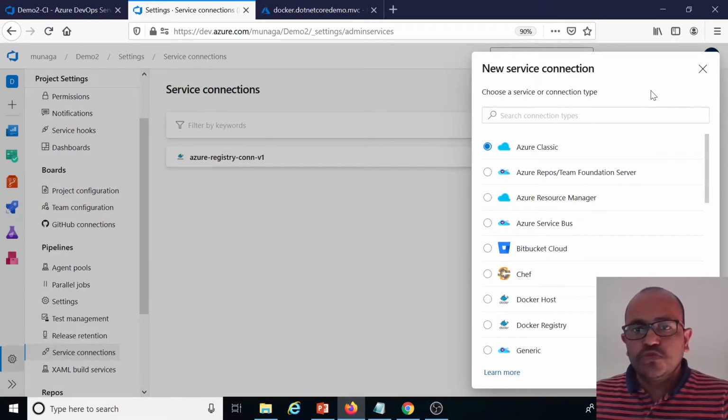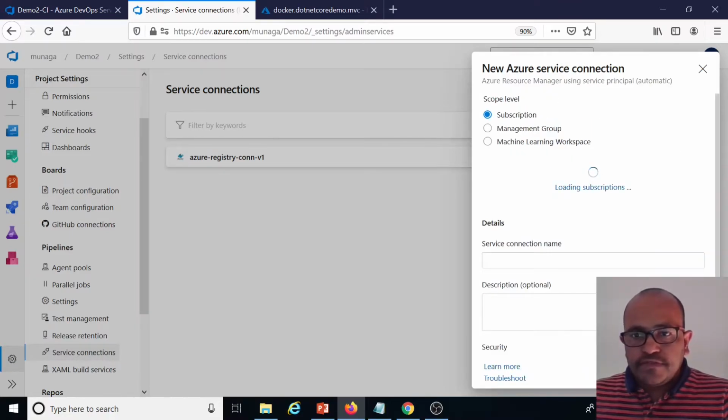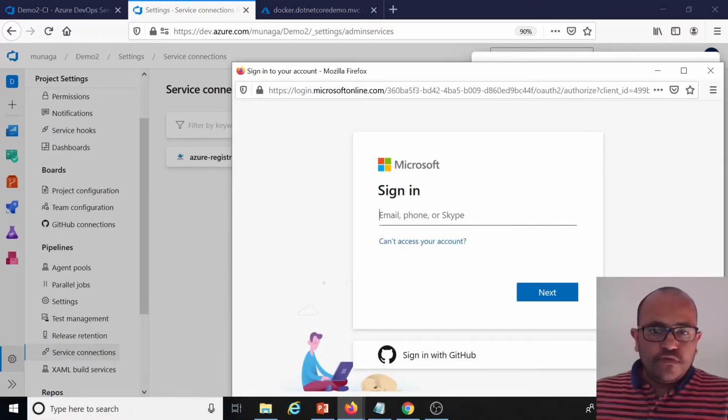I am going to create the new service connection. In this case I am going to use Azure Resource Manager. So automatic, click on Next. It will try to identify the subscription with my account, so I'm giving my Azure credentials.